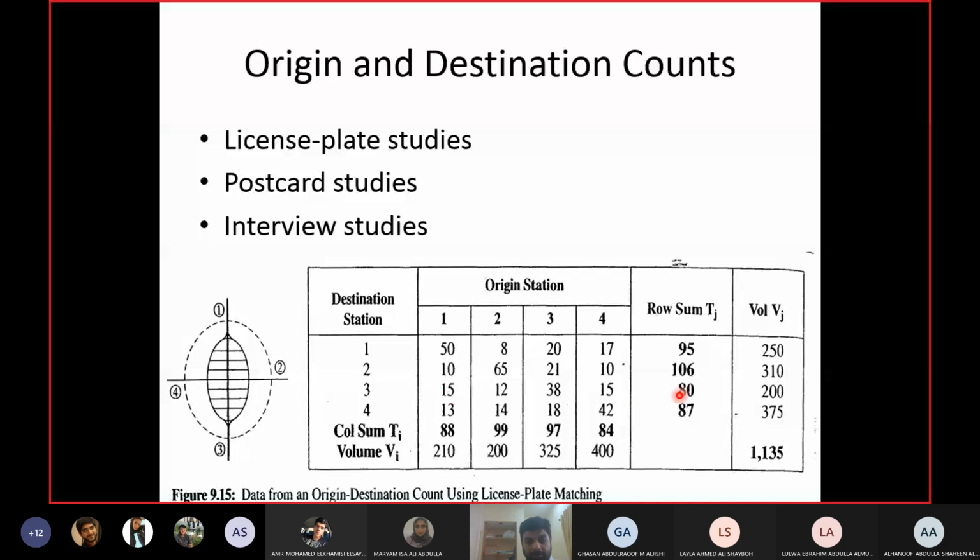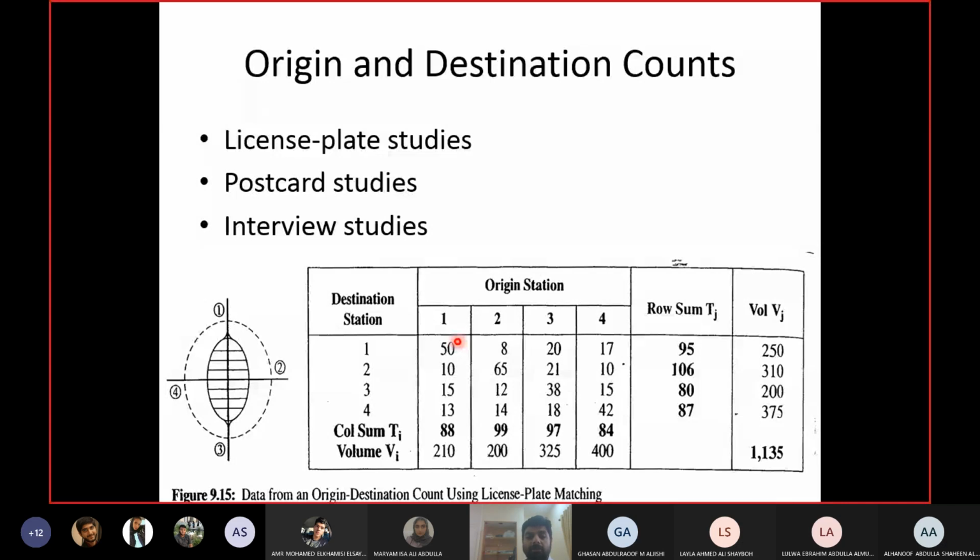So you will have new values, right? You will have a new matrix after multiplying. Whatever number you get, you will put it in that matrix. So 50, after multiplying with the average adjustment factor of the first row and first column, you will get a new number and you will replace 50 with that number. Whatever number you get after multiplication, you will replace the original, initial number with that new value.